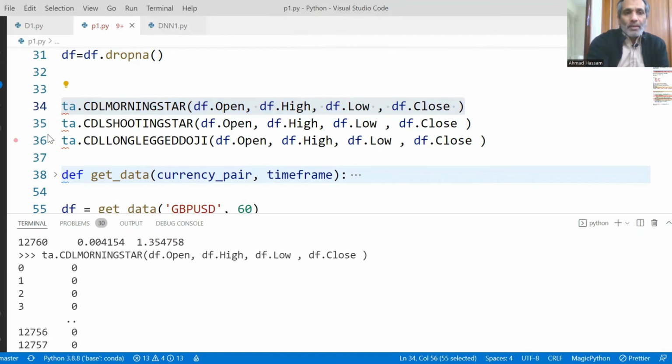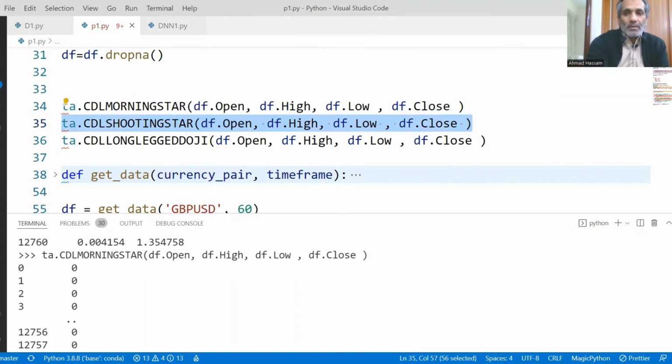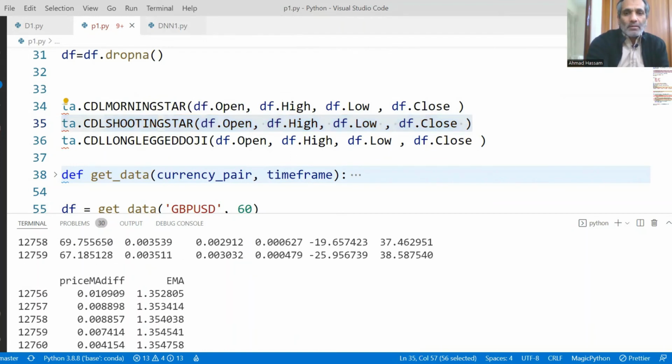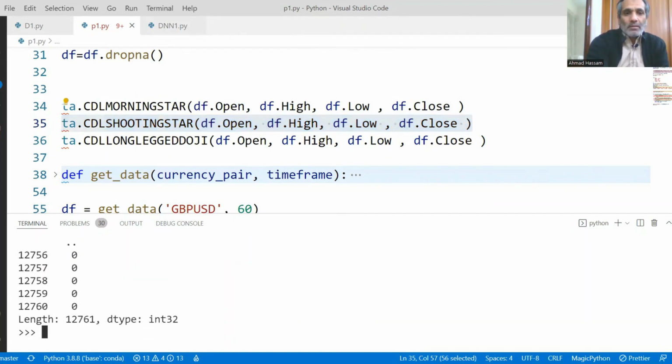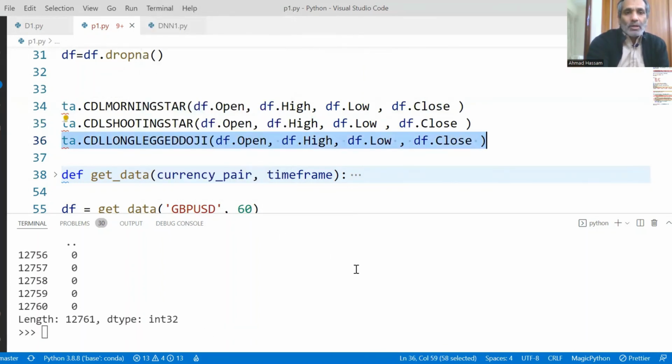In the same way, this candlestick pattern, shooting star, we can also use. Long-legged doji also. So we can use this library to identify candlestick patterns also.